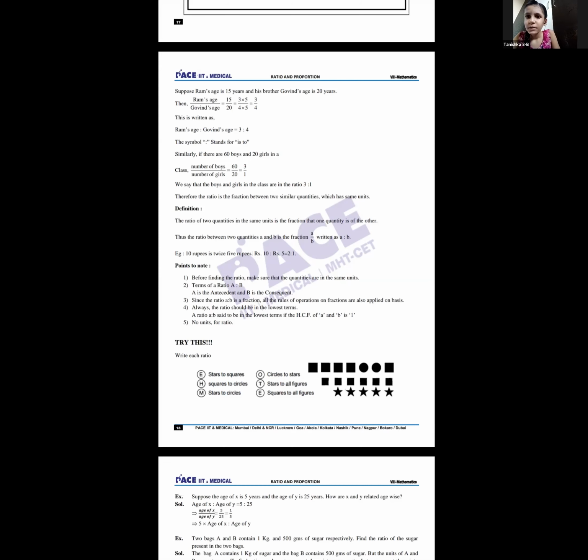Tanishka: Sir, I have a small doubt. Yes. Sir, it's not the booklet, it's the pages that you sent. Yeah, you have the booklet now, the ebook, so you can just mark it over there. Sir, the booklet is in the group, right? Yes, it's in the group. Yes, that is fine.